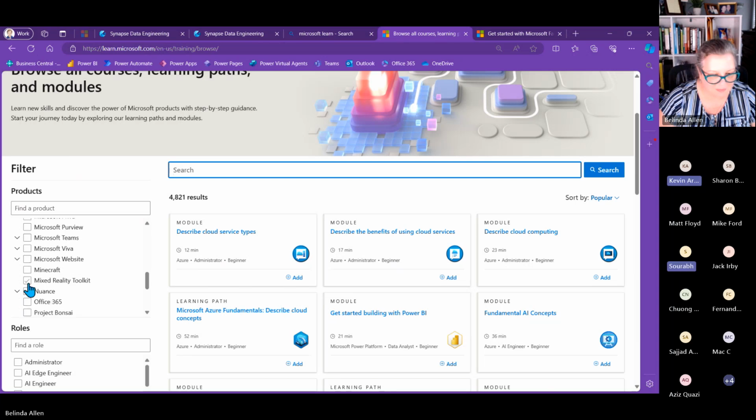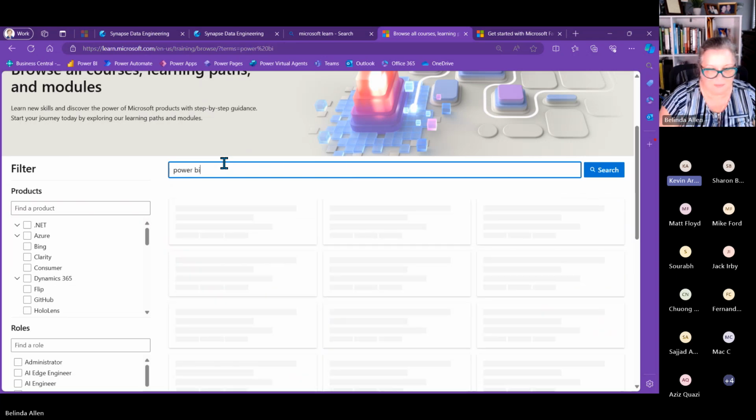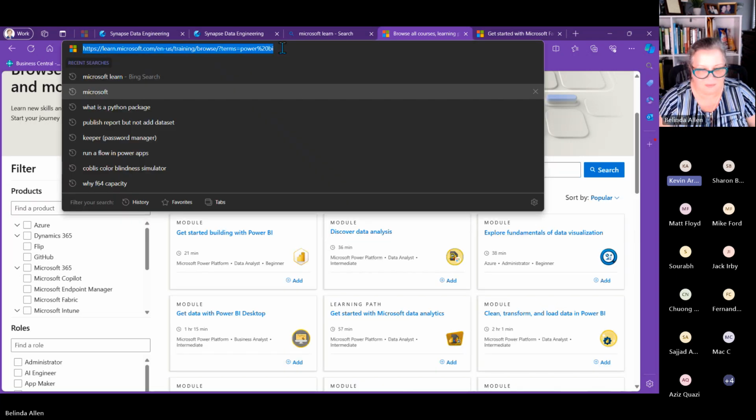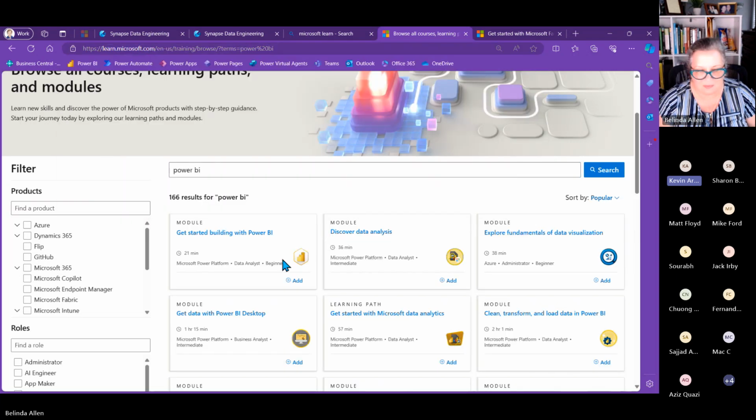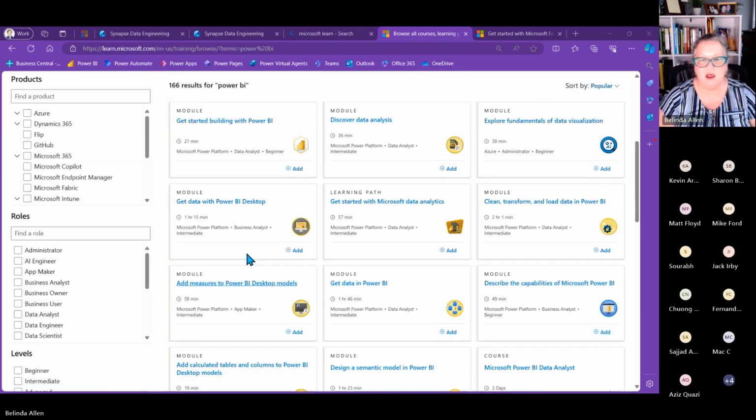And after that, go up to the next one that she's going to talk about, the newer one, the DP-600. Yes, the DP-600. Okay. There are a lot of good courses out there and a lot of different good learning.